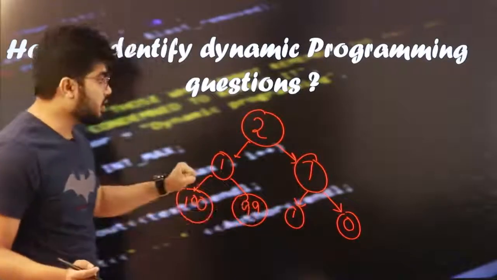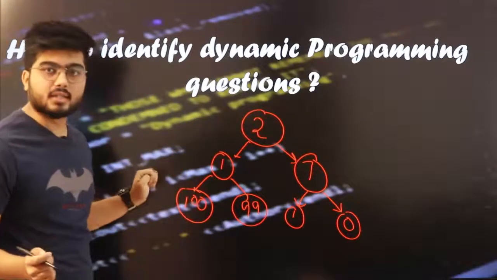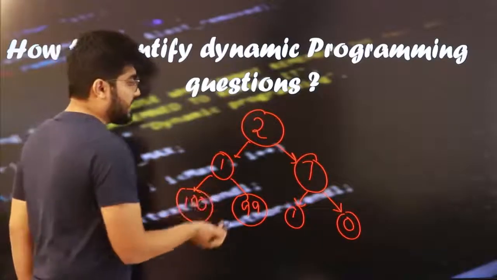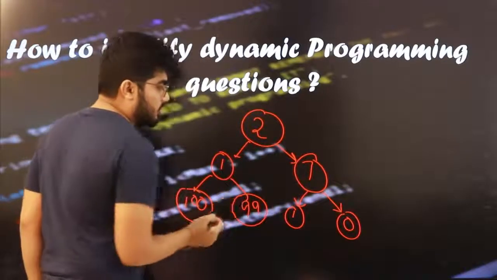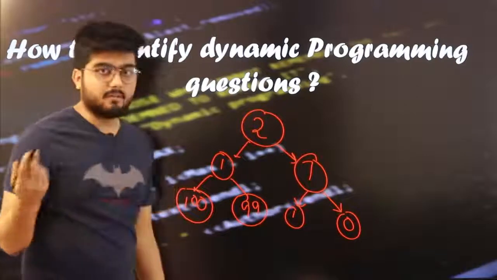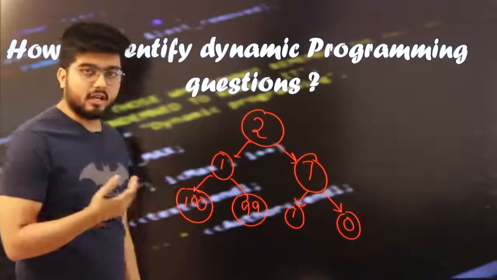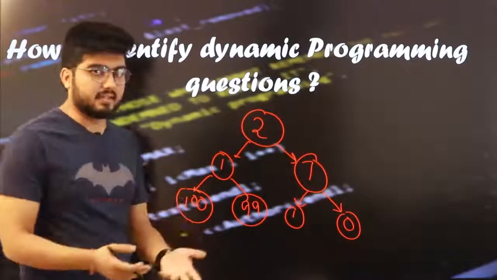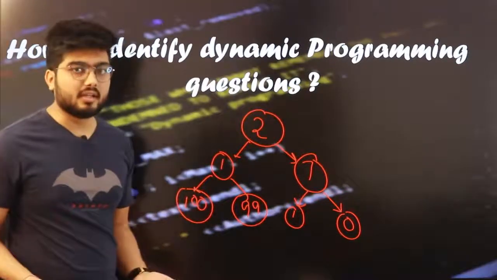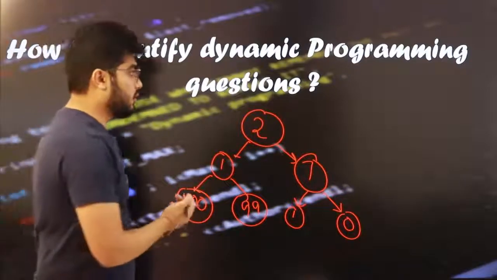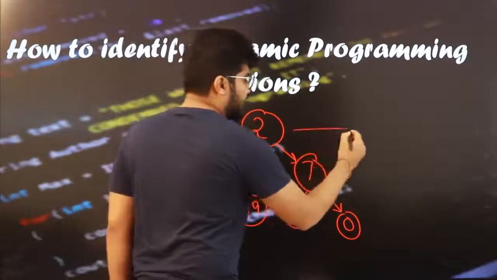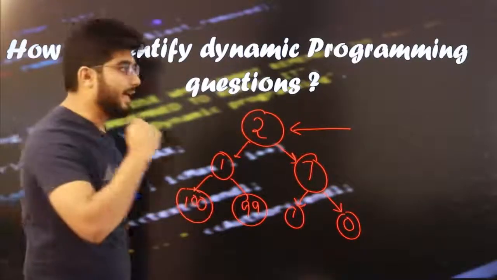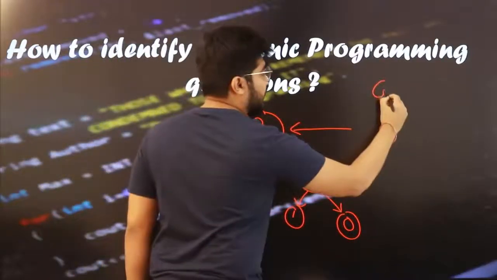Now the question is that you have to find the largest sum from root to a leaf. So one of the examples will be 2 plus 7 plus 1, which will be your sum, 10. So likewise you have to find the largest sum. And the thing is, once you have visited one particular node, you cannot revisit it. So what we will do, we'll start from here. So we'll see the root. Now let's use the greedy technique. So I'll just write greedy here.